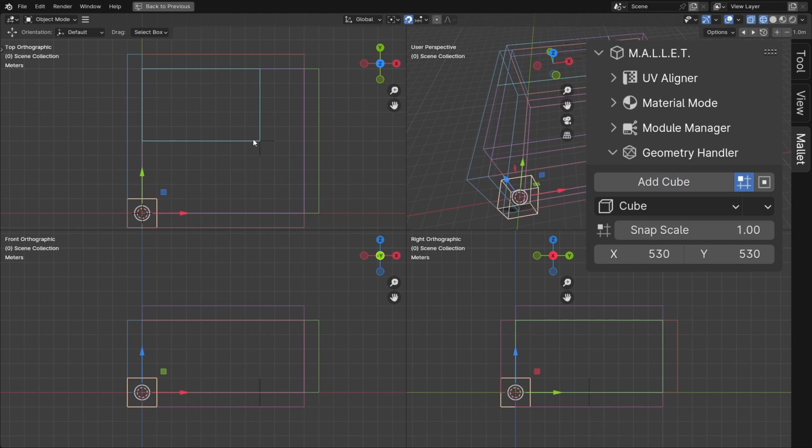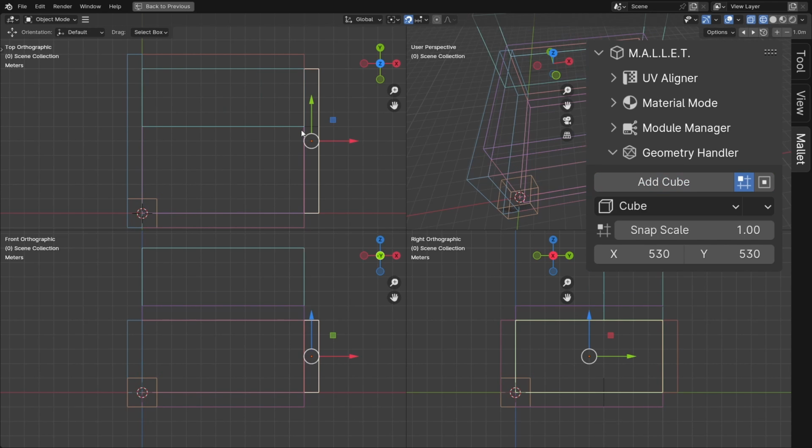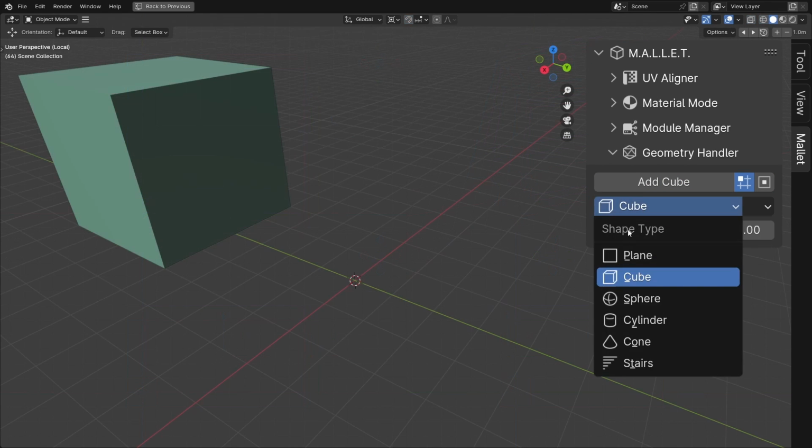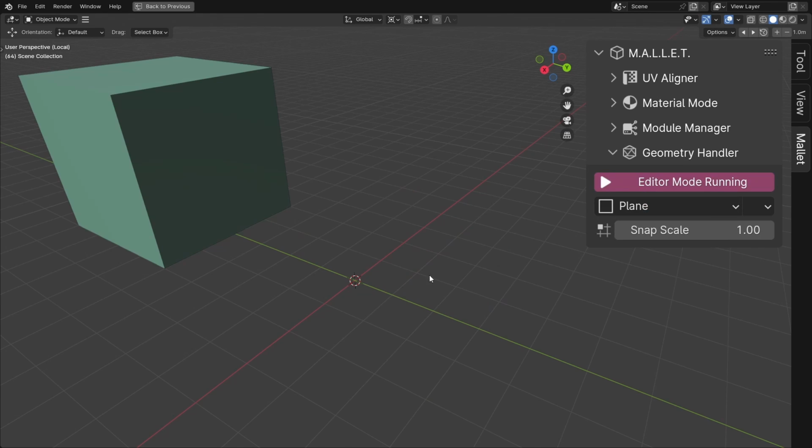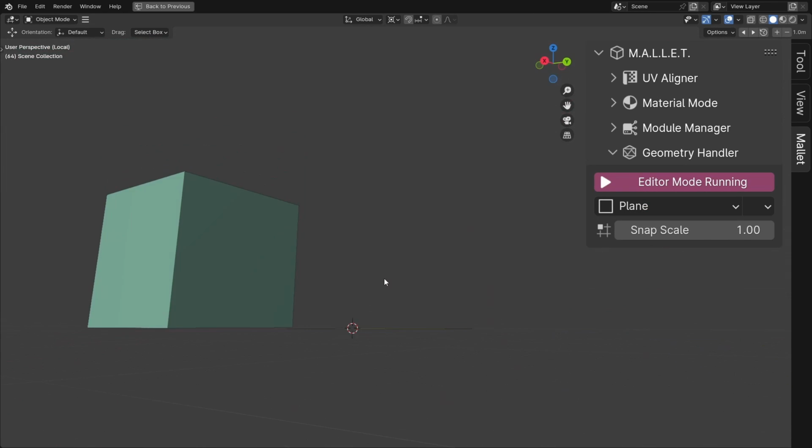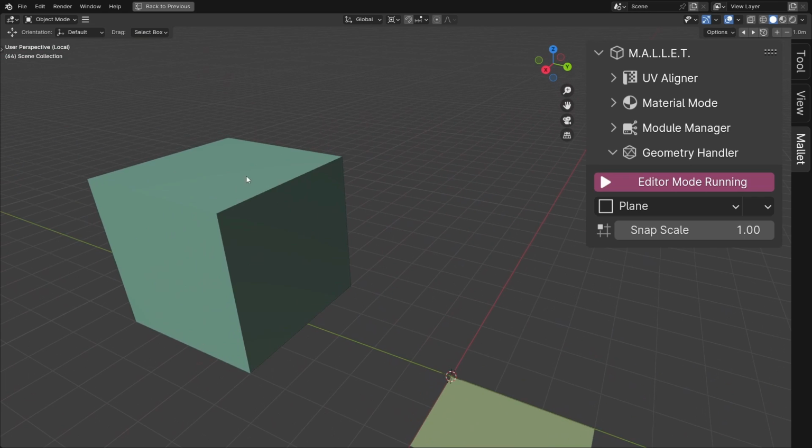The point from where a shape is being drawn can be determined in a few ways. By default, the first 2 points will be flat on the Z-plane in the 3D view, or on whatever plane you're viewing from in the 2D view. In either case, their third axis will have a value of 0 in the default mode, but will snap to the face of any surface beneath it.